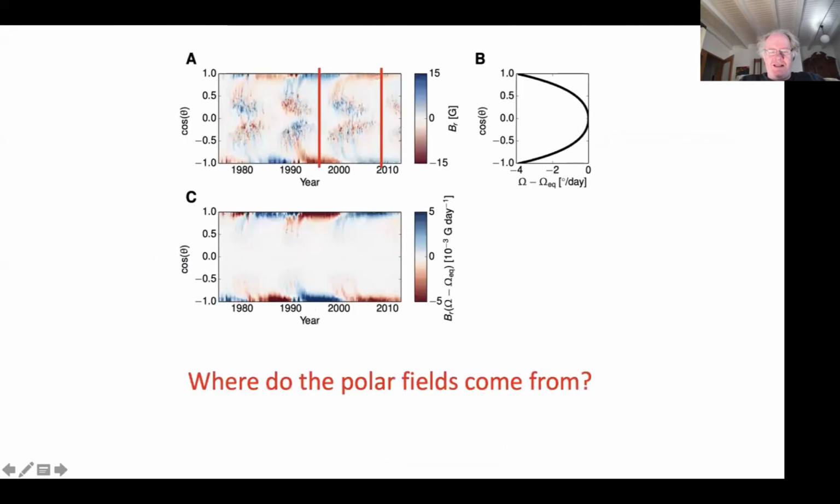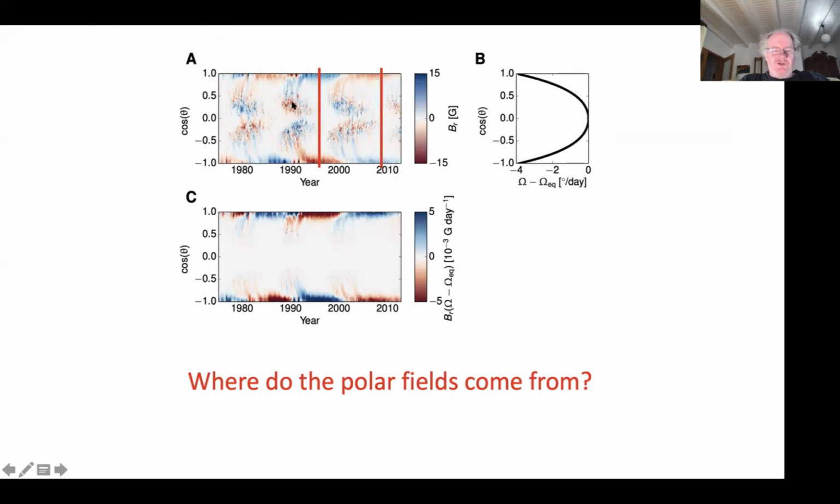And because at the end of the cycle, all the flux which is transported across the equator ends up at the pole, we now understand quantitatively where this polar field is coming from. It's coming from flux which is being transported across the equator. We know this from Stokes' theorem applied to the induction equation, and we know it's dominated by a systematic component